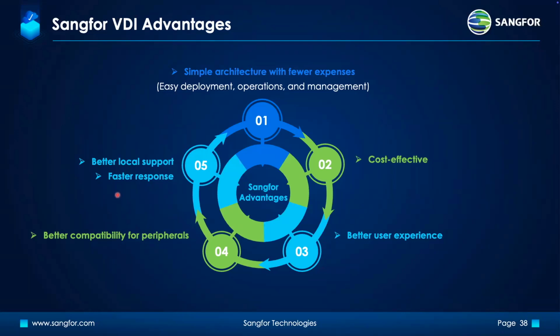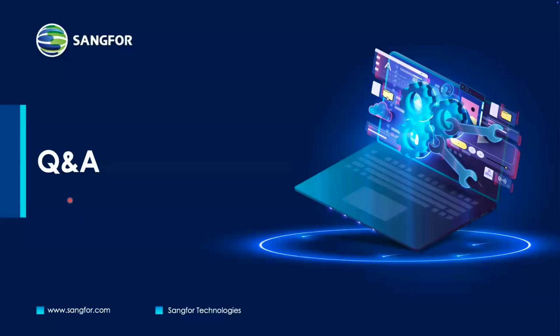Our TAC team, or technical support team, is closer to customers. Especially for the UAE, we have a local support team based in the UAE itself, where we are closer to the customers and we can respond faster to the technical support that customers need, right? Other than the tech team, we are also much closer to our customers. You can reach out to me or the account manager if you need urgent support as well, right? So that is it from my side, and I would like to move to the Q&A